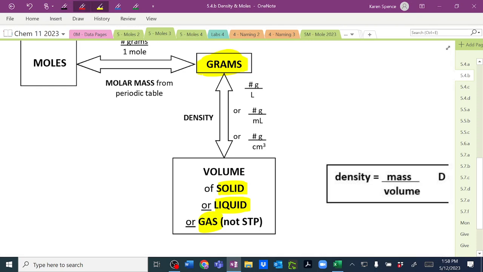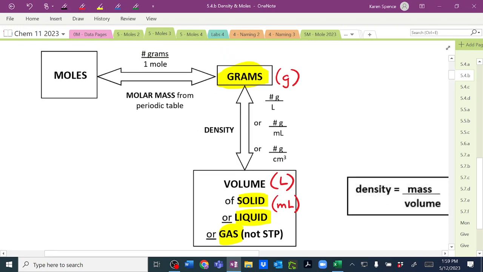Volume could be in liters and grams is grams, so density could be grams per liter, allowing you to convert between them. Or volume could be milliliters, and then you would need grams per milliliter, or do a conversion between milliliters and liters. Once we have grams, we can connect that to our new unit, the mole,